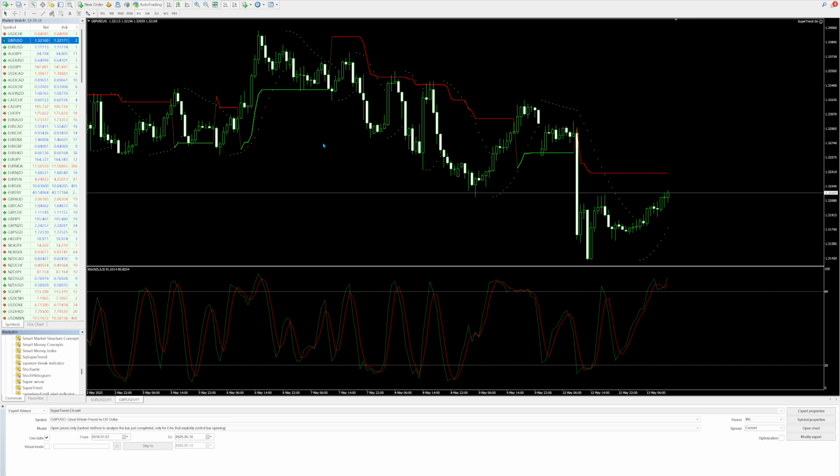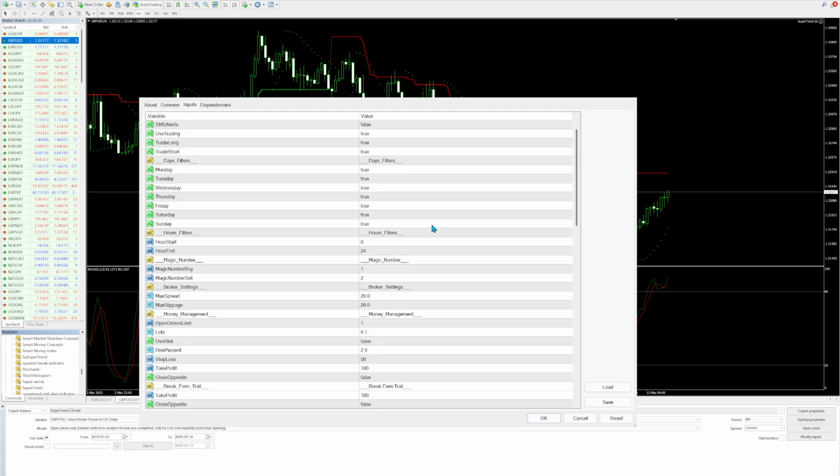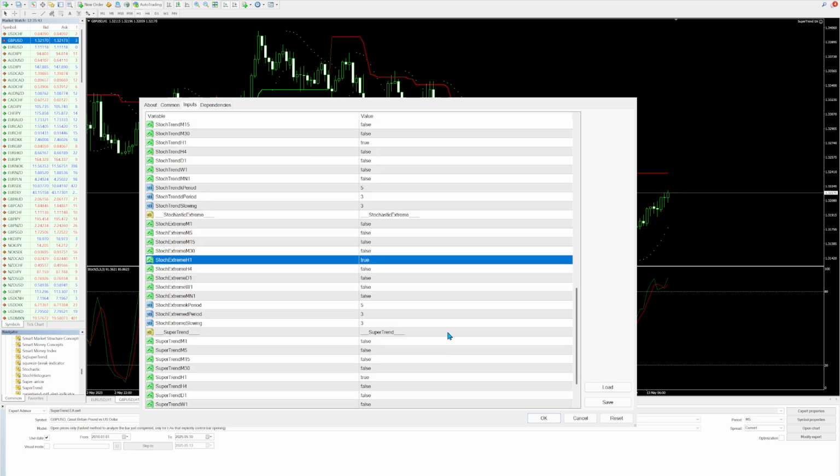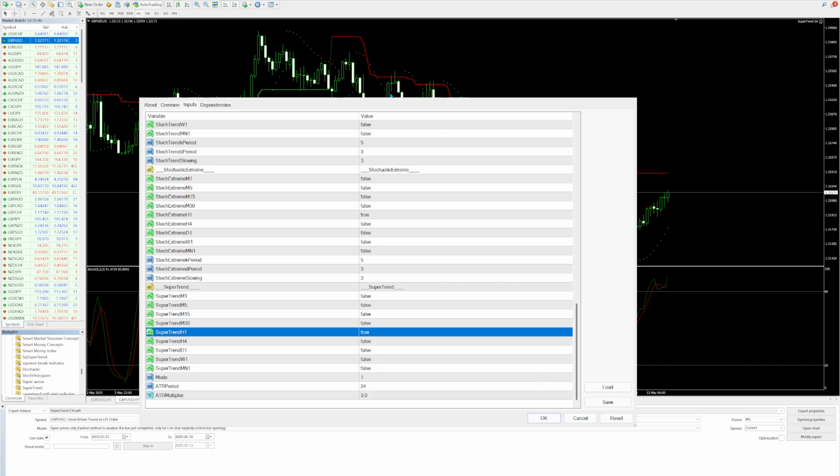You can always right-click the chart, Expert Advisors, Properties, click that, and then this is where you can just adjust the settings if need be. You can see where we had the parabolic SAR set to true, stochastic set to true, stochastic extreme set to true, and Super Trend all set to true. So what that basically means, they all have to agree for a buy trade or all have to agree for